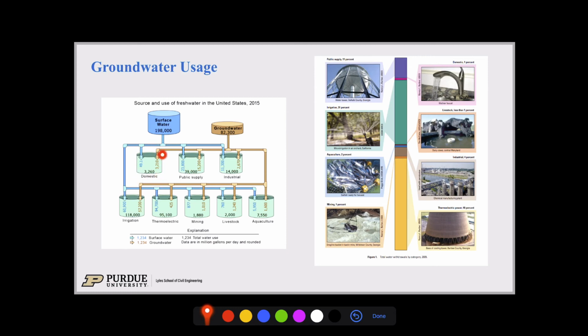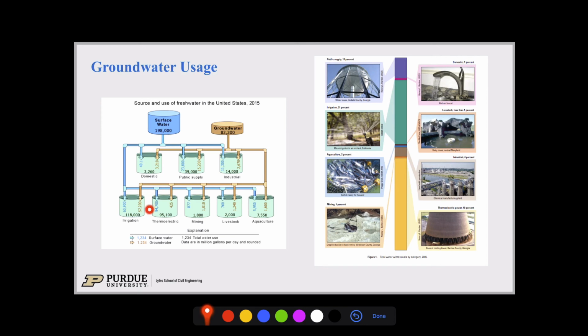Conversely, if you live on a farm, you probably have a well here. So almost all domestic water is from personal wells. If you look at irrigation, again, 50-50. So this huge amount of water we use for crop and food production, actually half of it comes from groundwater. So that's a very big number.